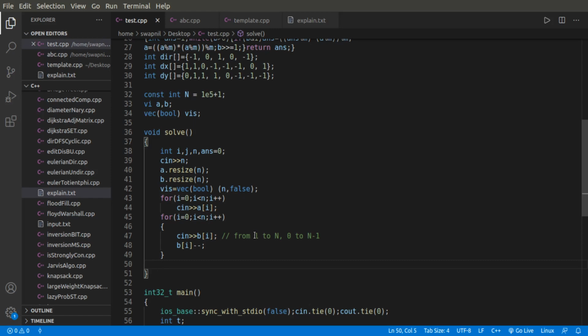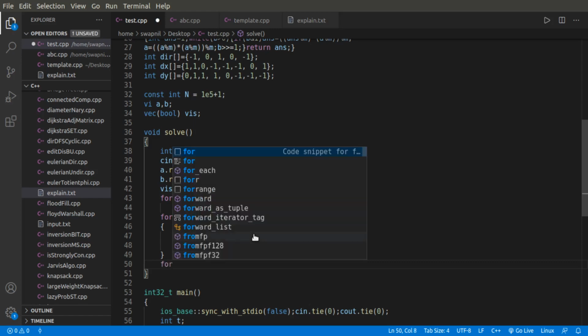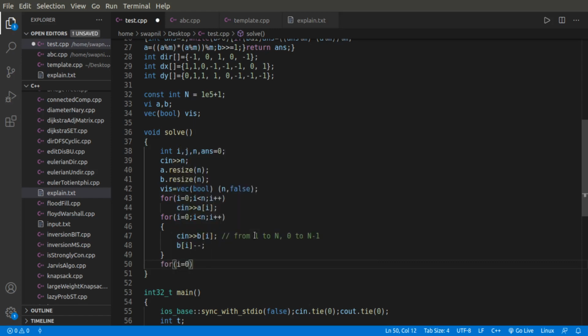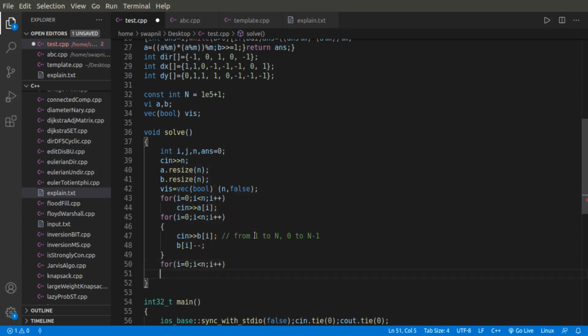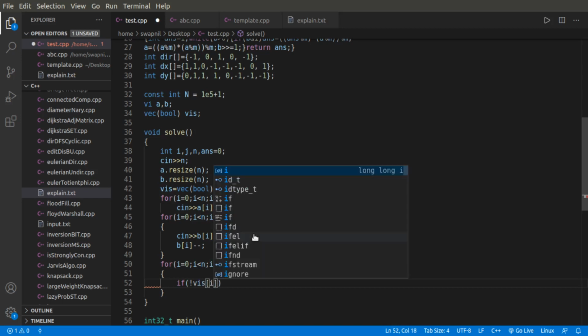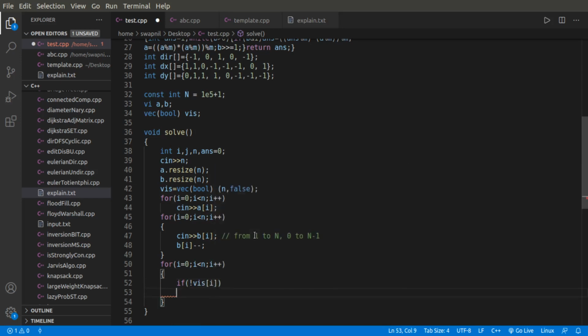Now I will just run a DFS with B as my graph. I'm not really making any graph over here, because there are no various neighbors to a particular node. I just have bi as a neighbor of i, so there is no meaning of making a graph explicitly. We can always make it like this.